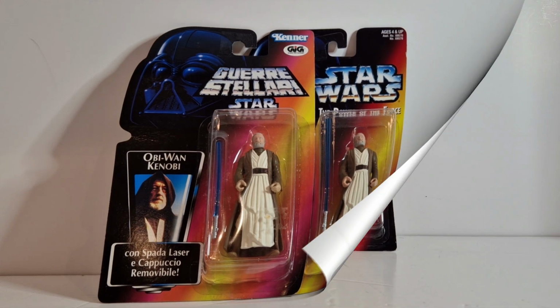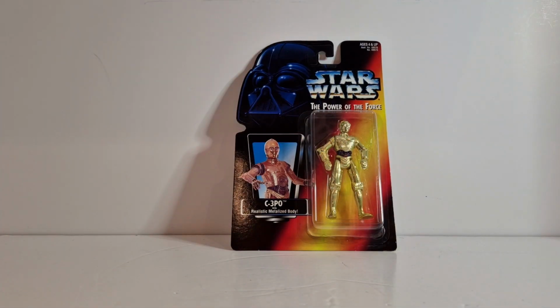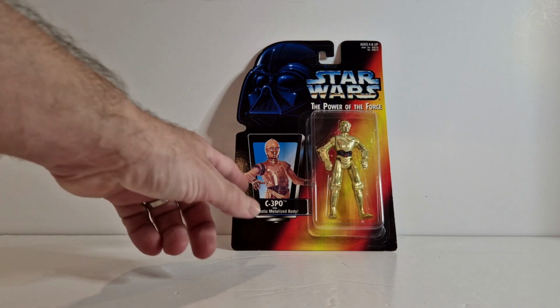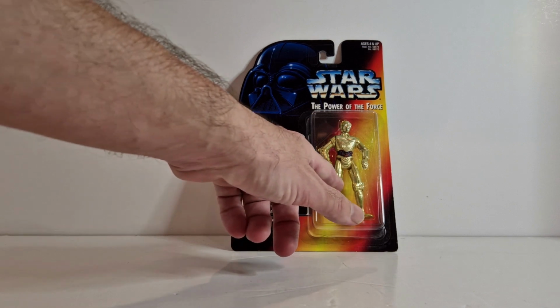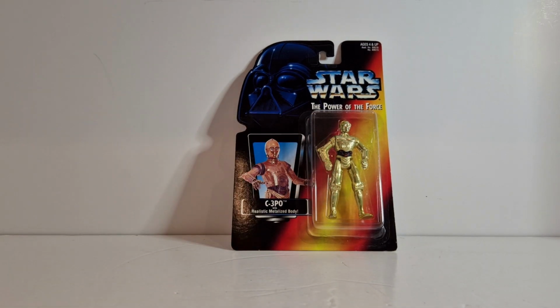Okie dokie, so here we have C-3PO. Again, on the orange card there, Star Wars Power of the Force. C-3PO with realistic metalized body. Again, I think this is vac metal. Yeah, again, I like him, but he just seems to be out of proportion. He's got such a short body. He's got like a little pea head, skinny arms, and quite long legs. So he's out of proportion,